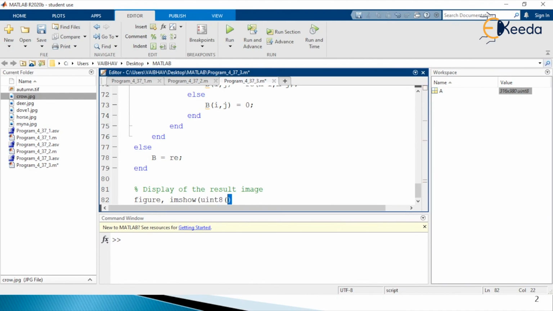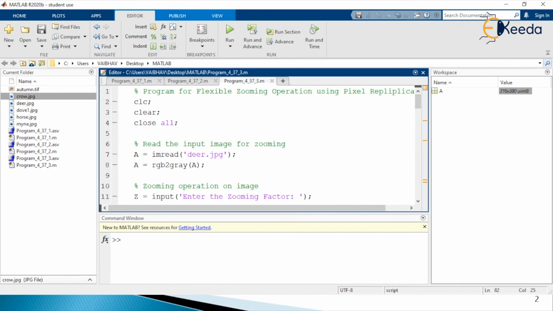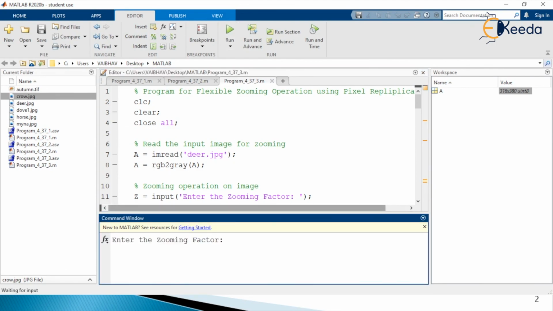I just save the changes to the program 4_37_3.m here. As we have the input image, that is deer.jpg, I have shown you. Let us execute the program. It is asking us to enter the zooming factor. Initially I just provide the value 1 here.